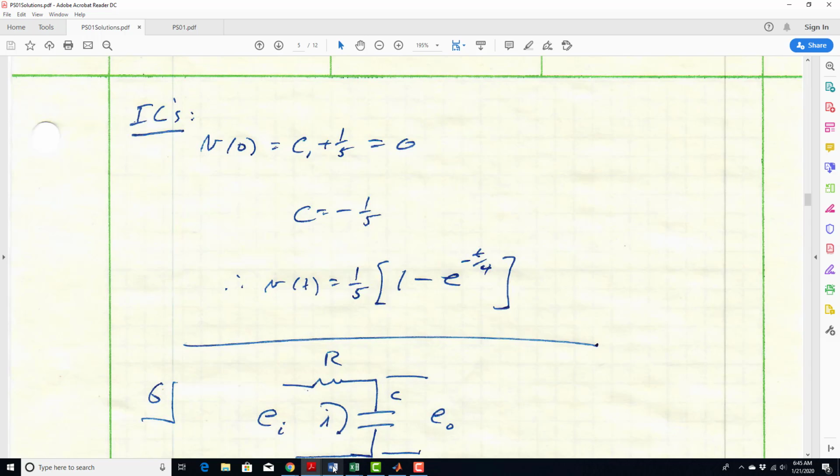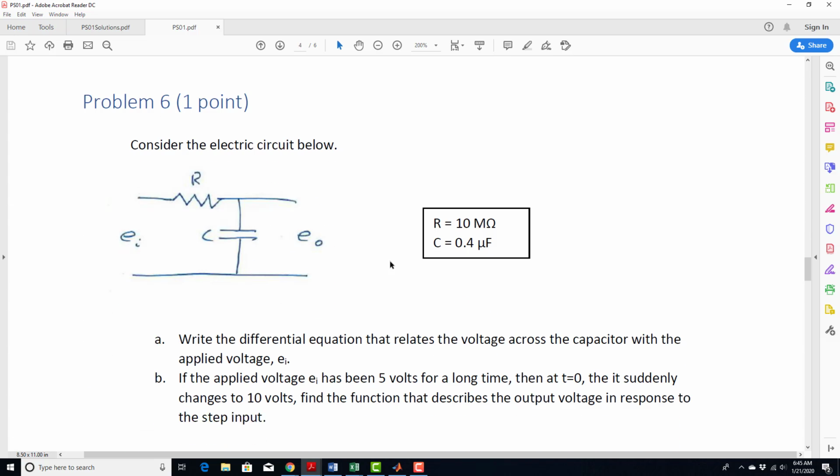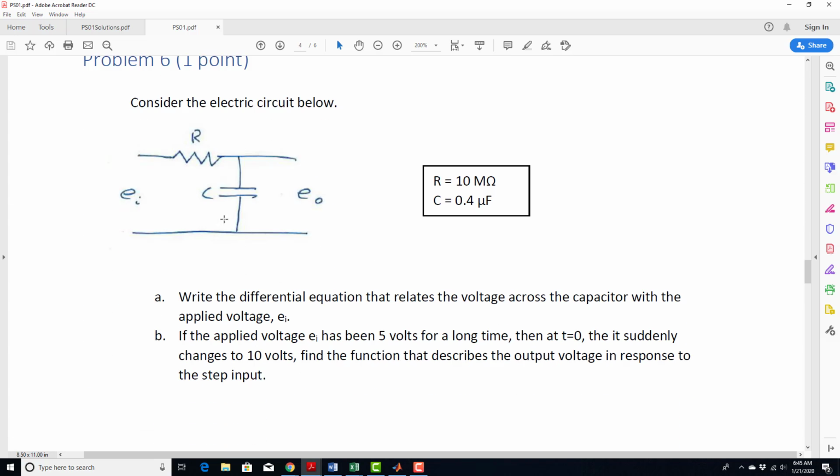Okay, so that's problem 5. Pretty straightforward, hopefully. Hopefully didn't cause too many concerns. Problem 6 now is an electrical system with a resistor and a capacitor in series. And the output, the thing we're interested in, is the voltage across the capacitor. Okay, so write the differential equation and then solve it